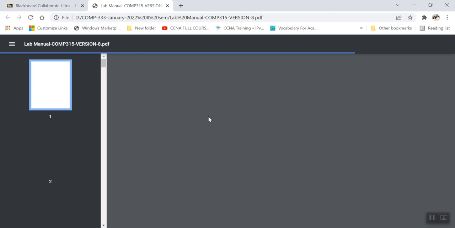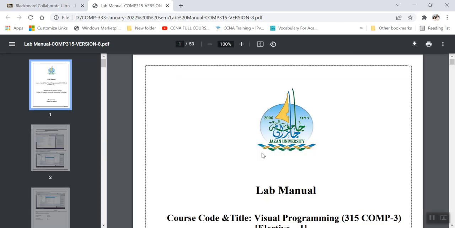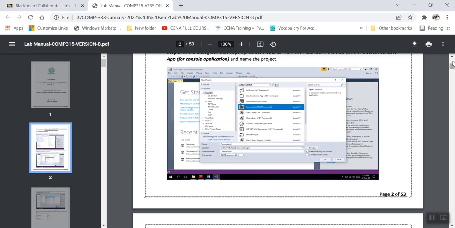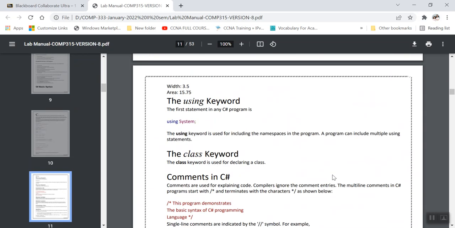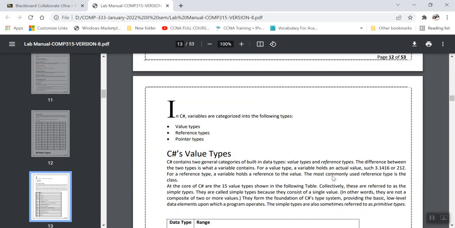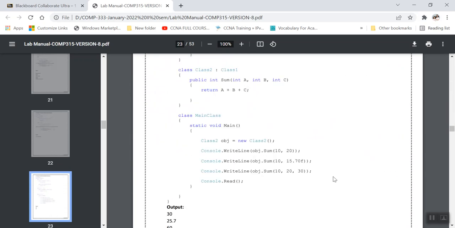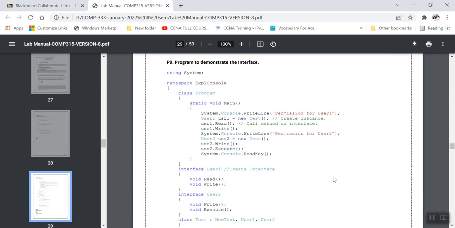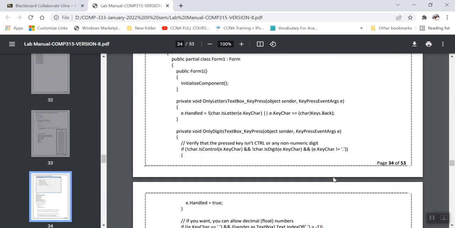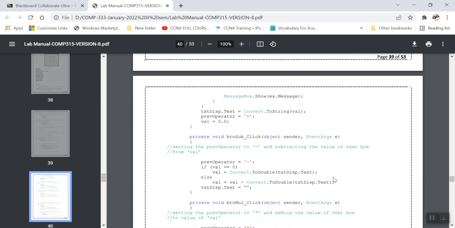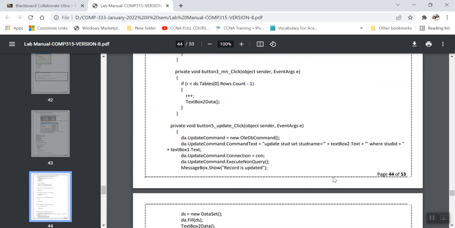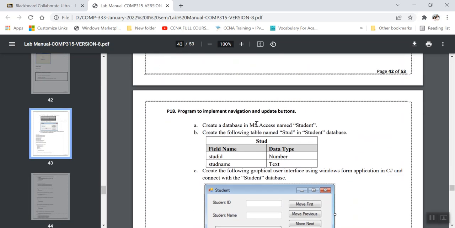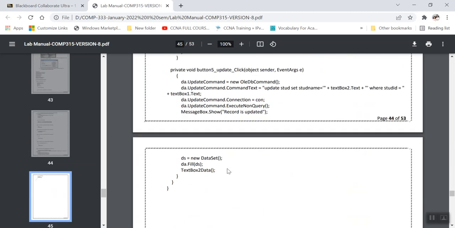I hope now you know how to create a database and how to connect the database with the Windows Form application in Visual C Sharp. I hope all of you know about that. Okay, so today we are going to see program number 19. This program is exactly similar to program number 18, but